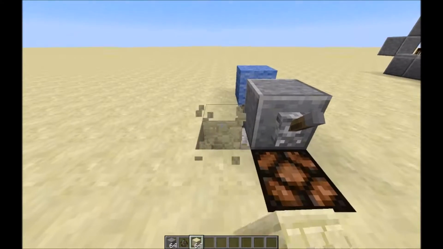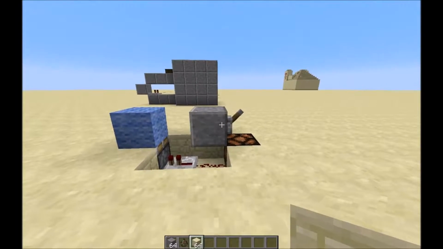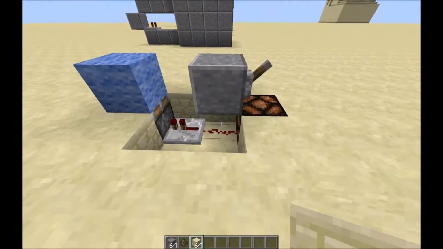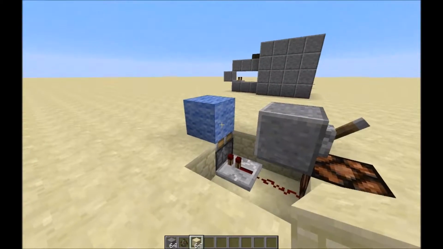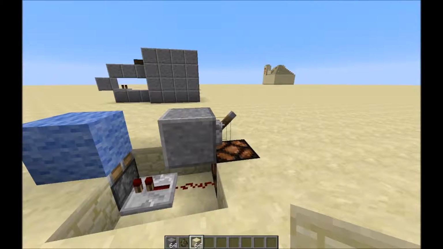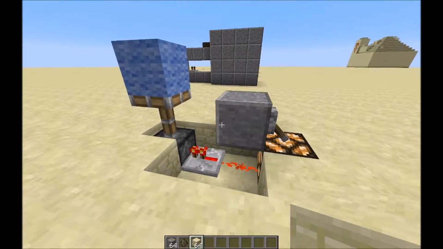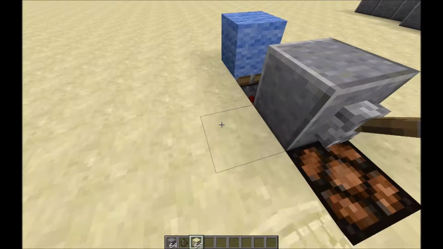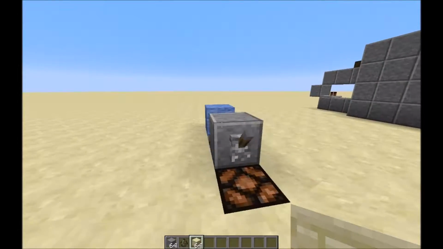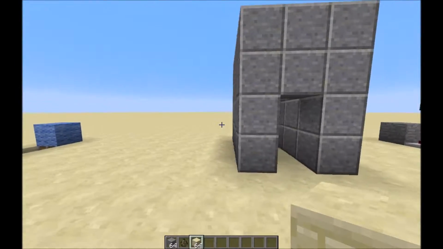So let's take a quick look at the redstone. We've got the lever powering a block, which is in turn powering the signal, supplying both the lamp and the repeater, which activates the piston. Let's turn it on. There you go. Turn it off. There you go. Pretty basic. All right, let's move on to our second scenario, which is